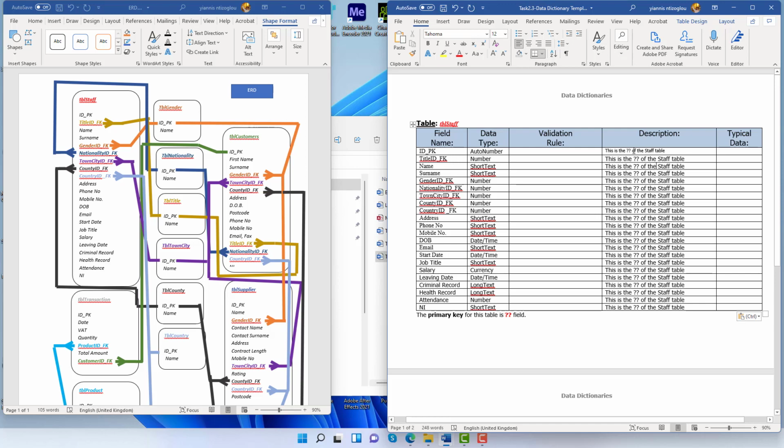As you can see here, the formatting is different to here. So I'm going to place the mouse cursor somewhere here. Use the format painter brush and highlight this text to make sure that I have exactly the same font style. Now, the question mark will be replaced with the actual field. So I'm going to Control C to copy this. I'm going to double click here, Control V to paste. I'm going to highlight this, Control C to copy, Control V to paste. If you have extra space there, you can delete them, or you can just type it manually. I prefer Control C to copy, Control V to paste, just to keep the consistency there,